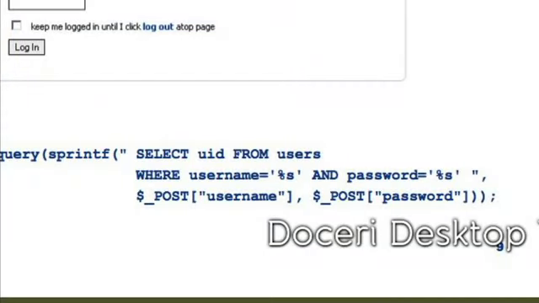Now, how can we see this here? Well, notice that the SQL query being built up is select UID, so user ID or whatever that is, from users, where username equals quote unquote something and password equals quote unquote something. So what's perhaps a dangerous character a malicious user could provide when filling out this form? Jack? Semicolon? Semicolon, potentially dangerous because it would seem to terminate the query, or in this case, what's even worse? You can do a single quote to end the username. To end the username, and then you can insert SQL in between.